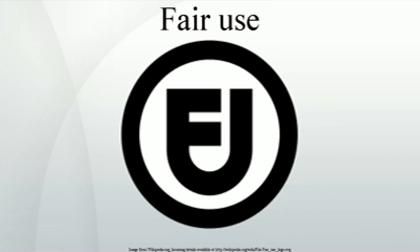The doctrine only existed in the U.S. as common law until it was incorporated into the Copyright Act of 1976, 17 U.S.C. § 107: the purpose and character of the use, including whether such use is of a commercial nature or is for non-profit educational purposes; the nature of the copyrighted work; the amount and substantiality of the portion used in relation to the copyrighted work as a whole; and the effect of the use upon the potential market for or value of the copyrighted work.